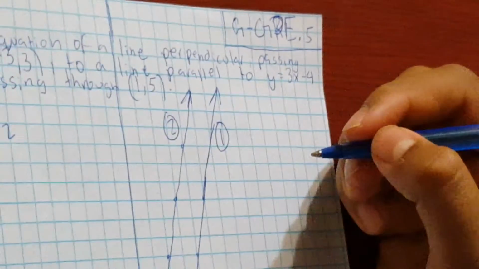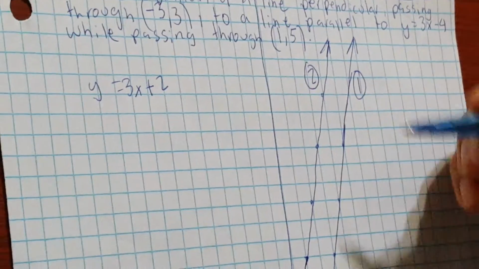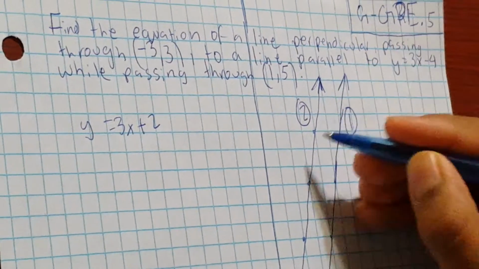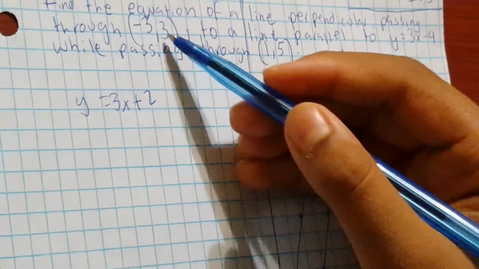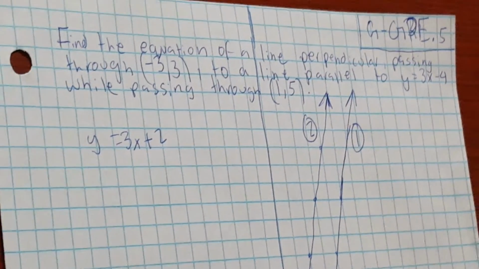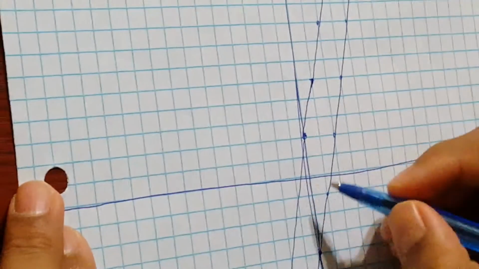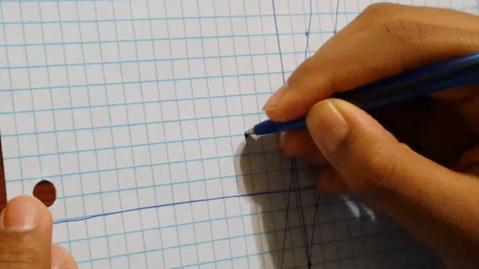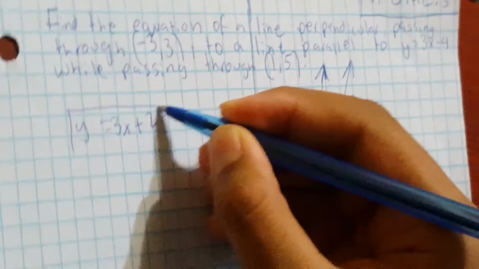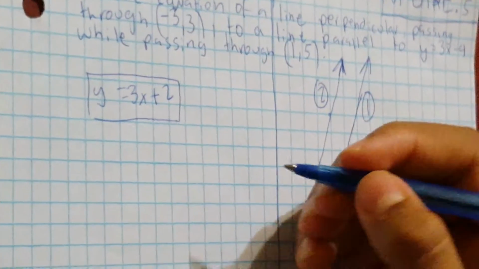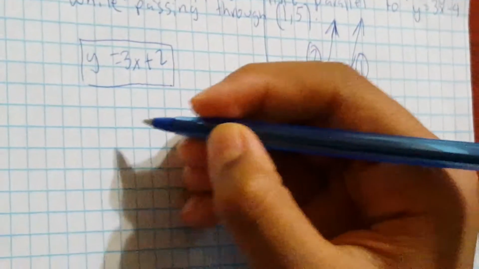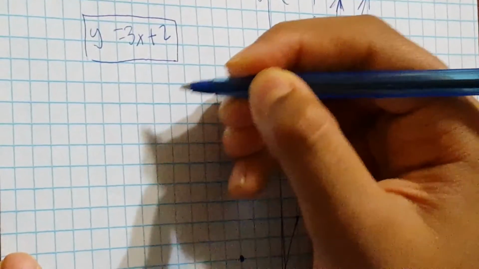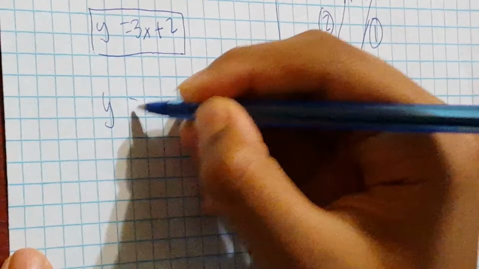Okay, so what we wanted was a line that was perpendicular to this one, line number 2, but passed through (-3, 3). So if you see, this one was the y-axis. So the line passed through here. And since this is the equation of the parallel line, we know that the slope of a perpendicular has to be the opposite of the reciprocal. So it would be y equals